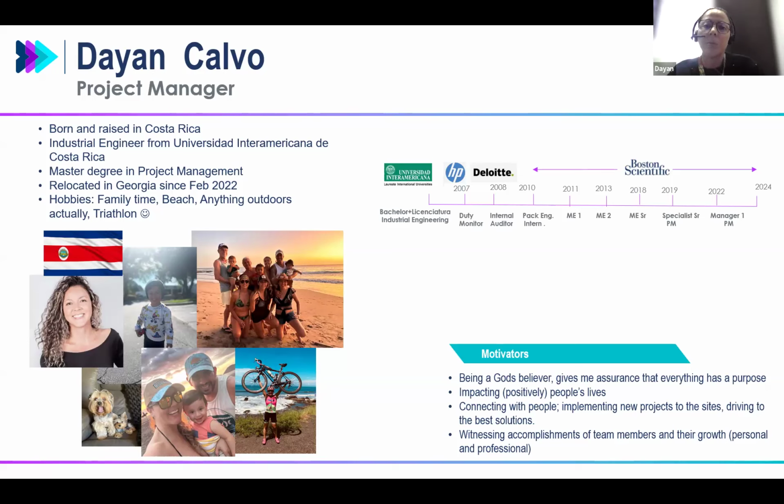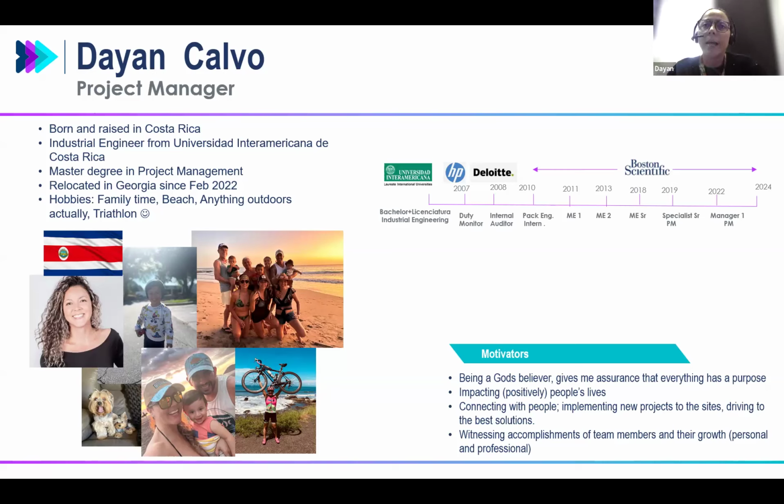So ME1, ME2, ME senior, all of those years, allowing me to do process assessment, process sustaining, process improvements, problem solving, like everything related to the lines. I was part of it. So either supporting specific lines, a specific equipment on the lines, making improvements to some processes, adding new equipment or improving. For instance, we moved from manual processes to some automated or semi-automated new